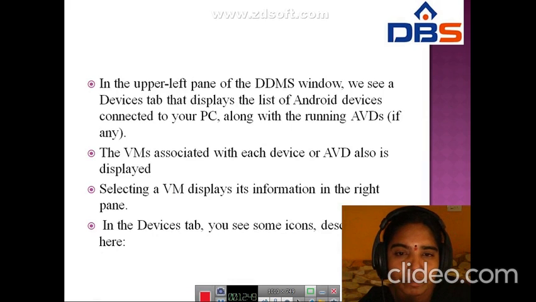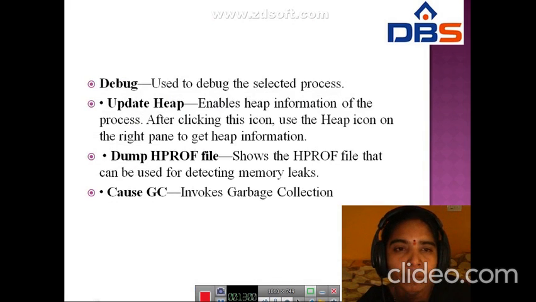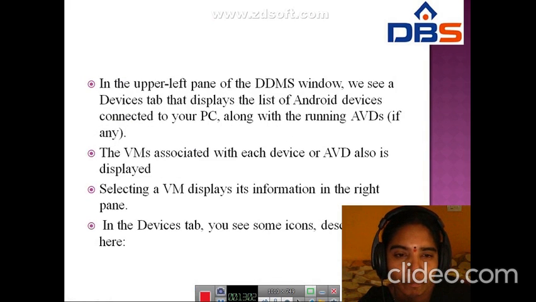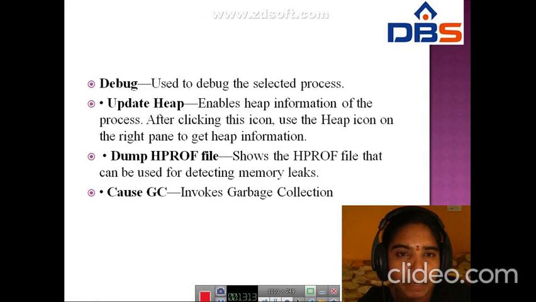Next, in the Devices tab, we have some icons. The first one, Debug, is used to debug the selected process.